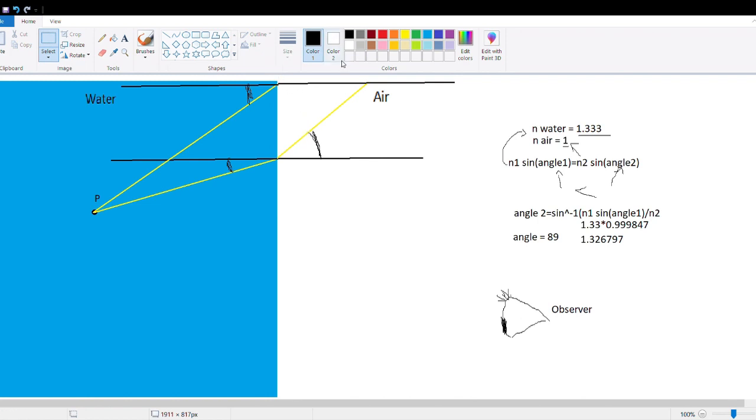So for example, there's no ray coming out of the water here and going to the other side. This ray does not exist at all. So where is the limit between the two angles? What is the limit of the angle that P can have? Well, it's very easy to find. We know, of course, that the calculations are this, so we can say that the biggest number that